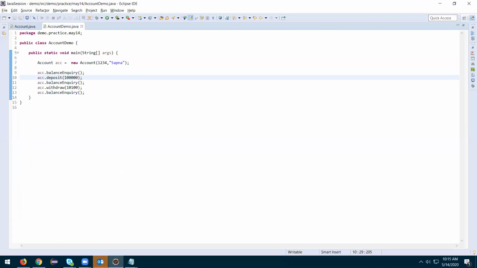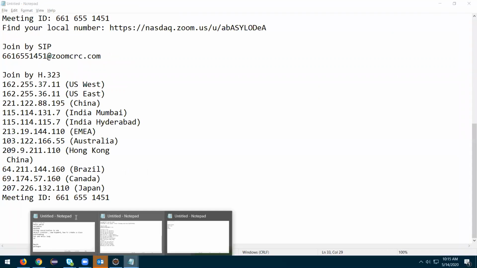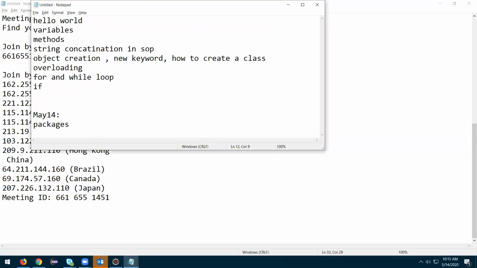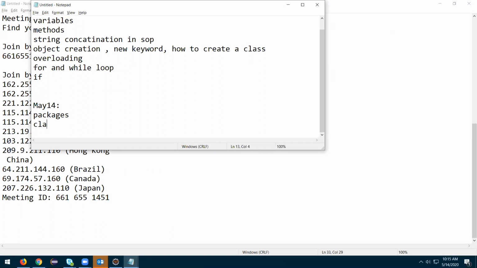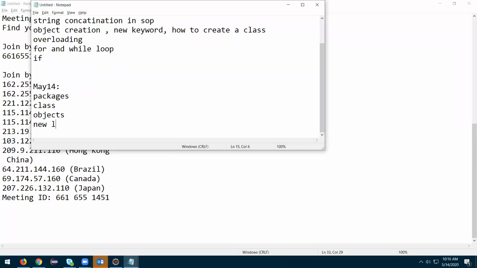So today we basically covered what? We discussed something about packages. We discussed something about classes, object creation, objects, and the new keyword.